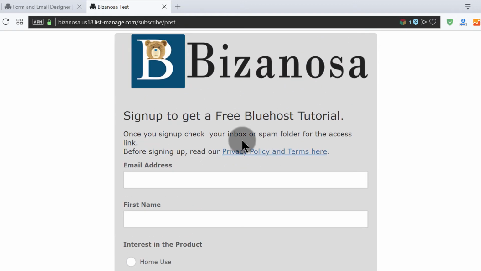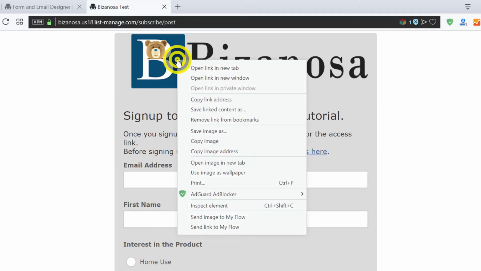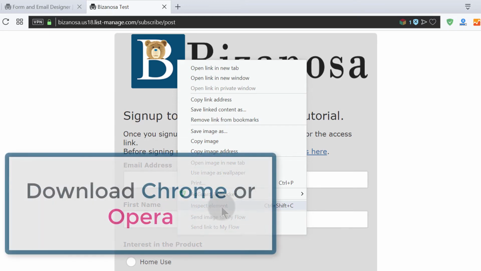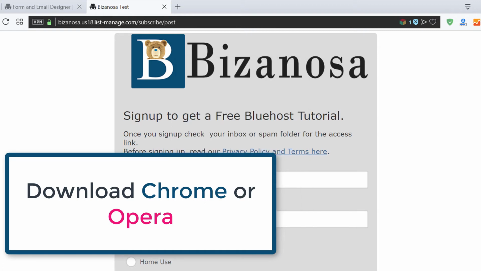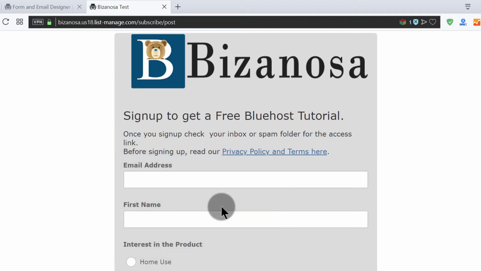So if you want to change anything inside here, you can just select an element, and this works like Chrome. Like this Opera browser, it's based on Chrome. So if I select an element, you can see here this thing about inspect element. You can inspect an element, and if you're using Chrome, or if you don't have Chrome, download Chrome and you can follow along with me, because this browser is based on Chrome. Okay,